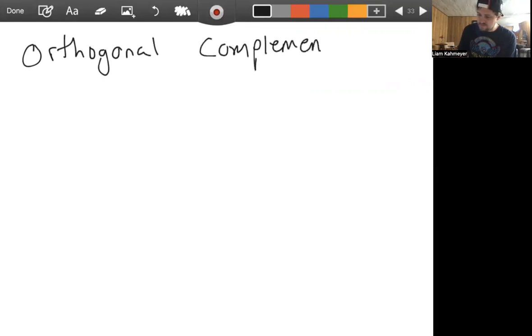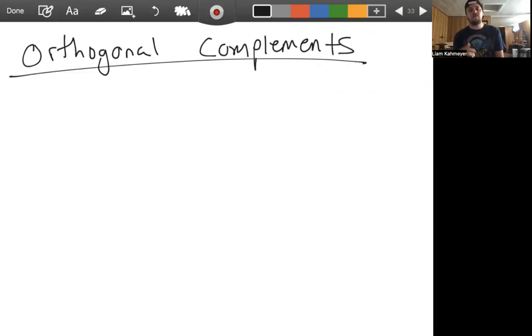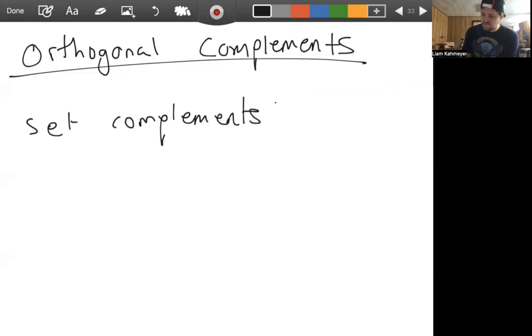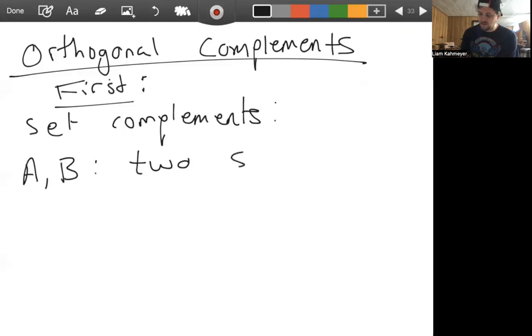Okay, well, before we talk about orthogonal complements, let's just talk about set complements. So, first, set complements are, let's just give a definition. Let A and B be two sets